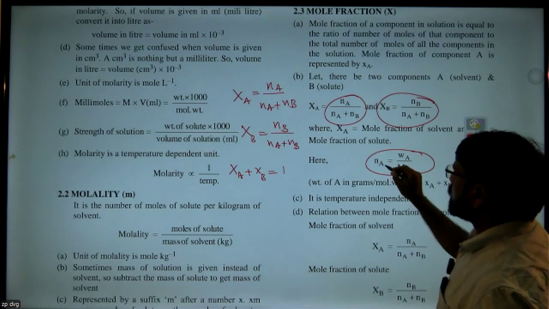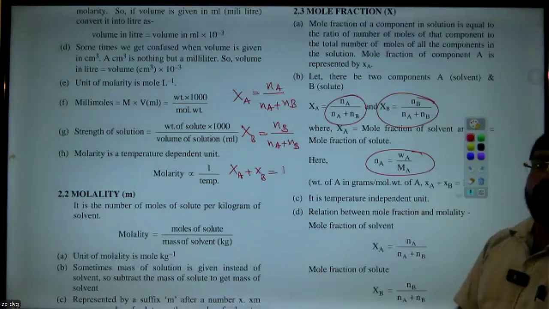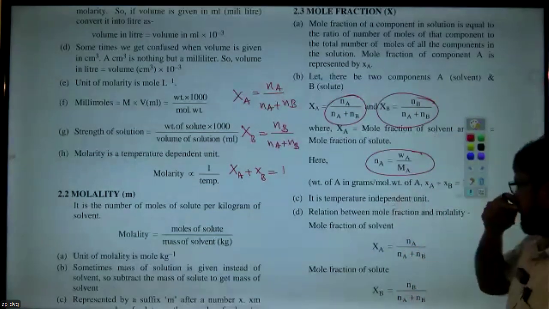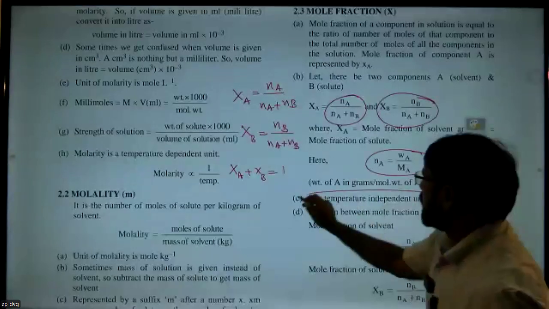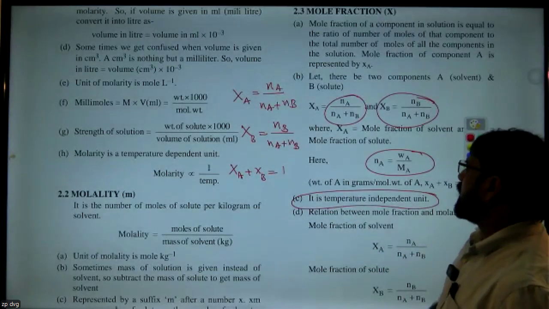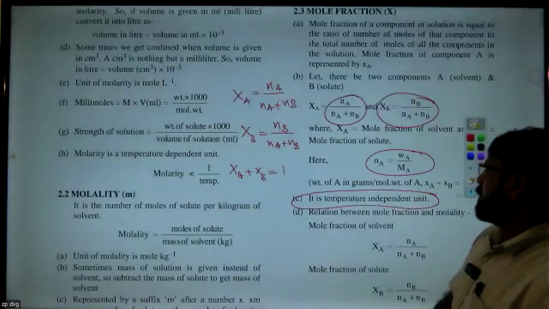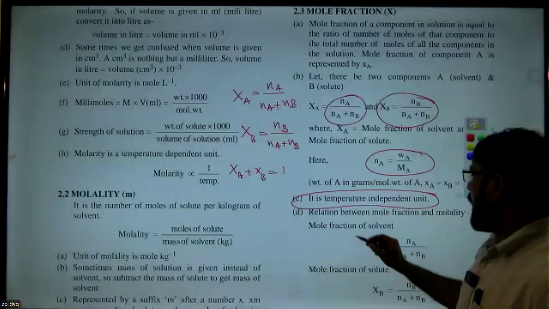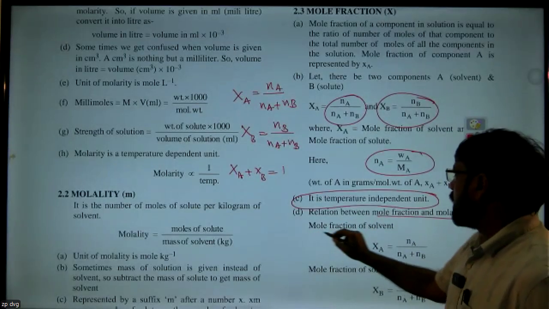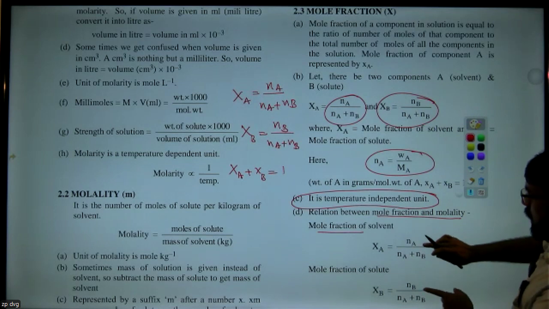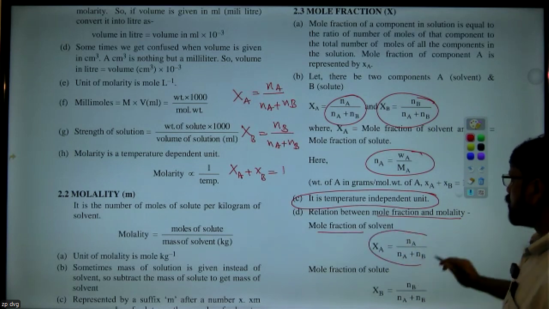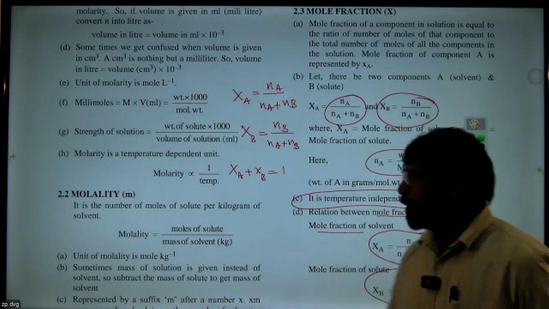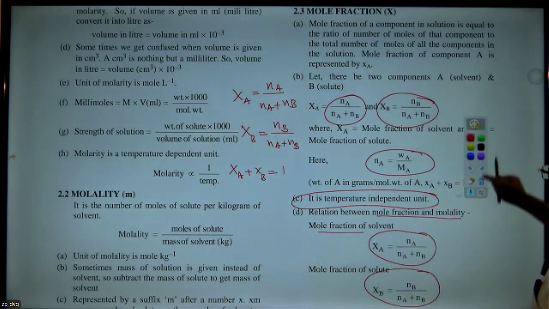So the number of moles of component A is equal to the weight of that component divided by the molar mass of that component. An important point is that it is a temperature independent unit. It does not depend on the temperature. And there is a relation between mole fraction and molarity also. Here I have written the mole fraction of the first component and the mole fraction of the second component. By using this we can calculate the mole fractions. Next, let us go for